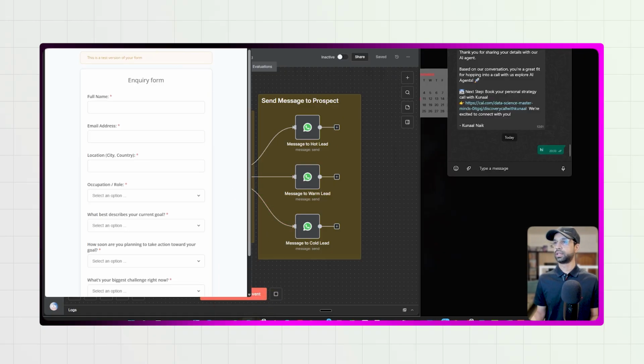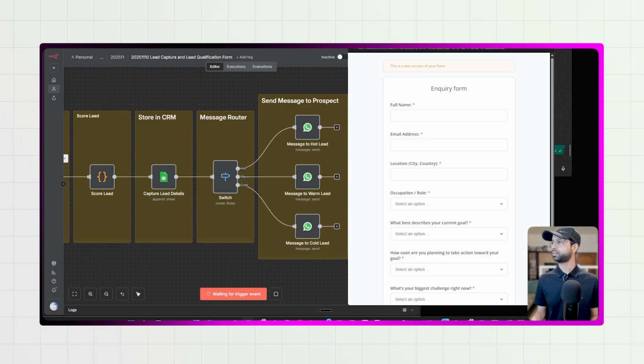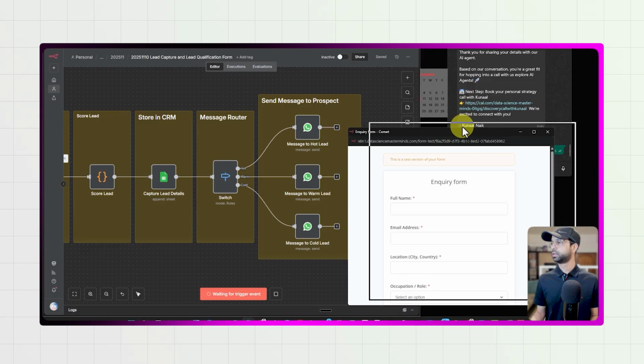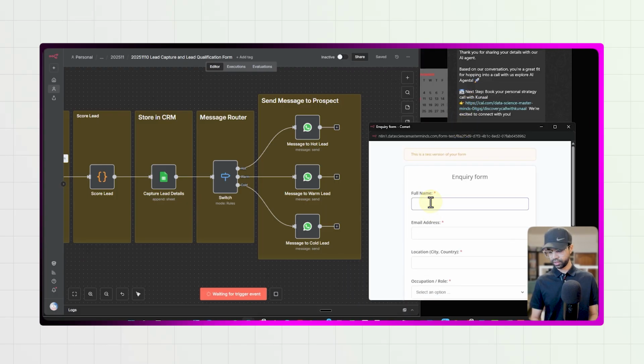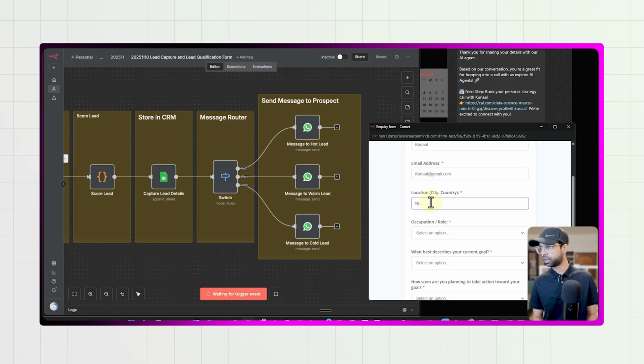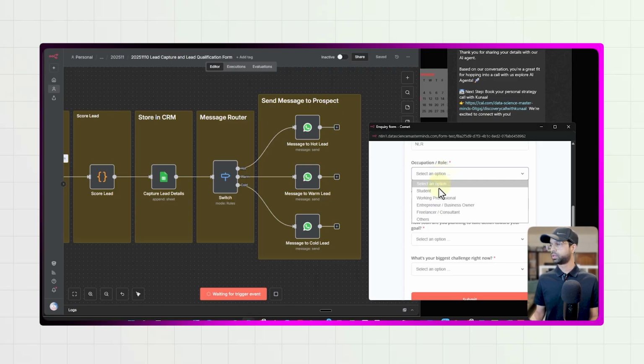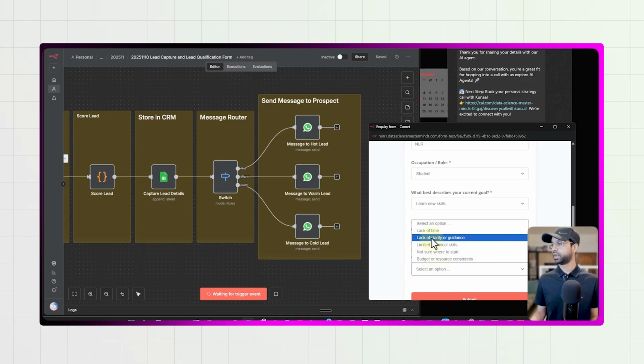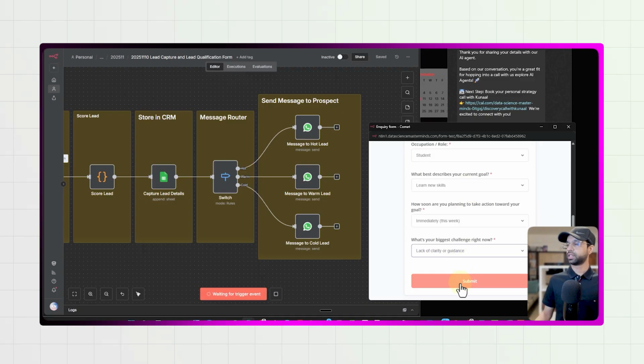Okay. So this is the form that we have. Okay, so I'm just going to square this here. So I'm going to give it a name, Kunaal, address kunaal@mail.com, and then location is PLR. I'm going to choose the location student, new skills, immediately, and lack of clarity. So if I just submit this form,